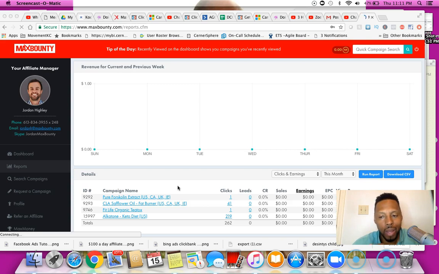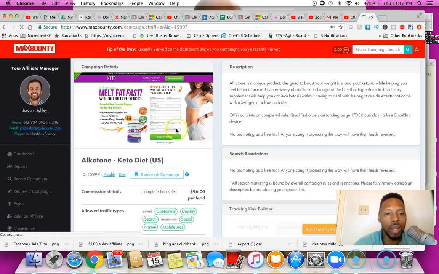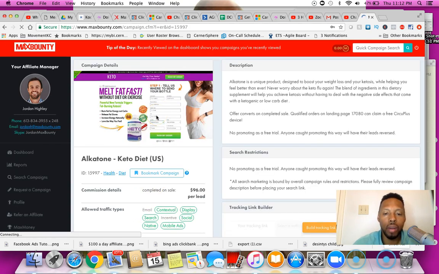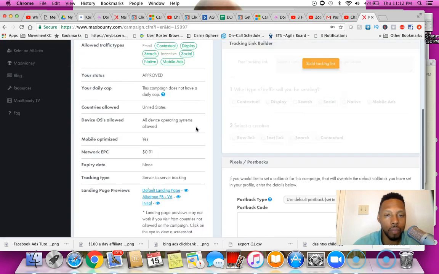But we're in my Maxbounty back office where you can see where I'm driving traffic to. And for this specific campaign, we are doing a keto diet pills campaign. Drove 219 clicks thus far. I'm going to go ahead and click it so that you can see what it looks like. And there it is. $96 per lead. And this is key,